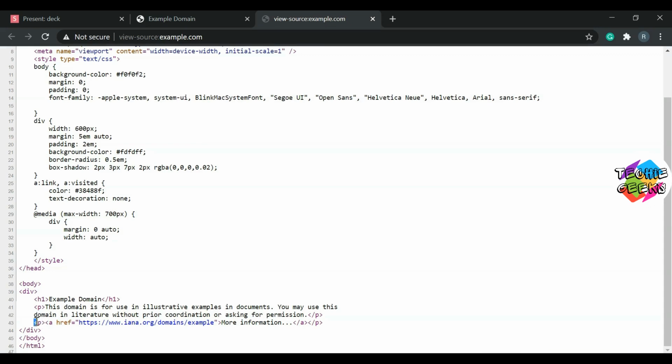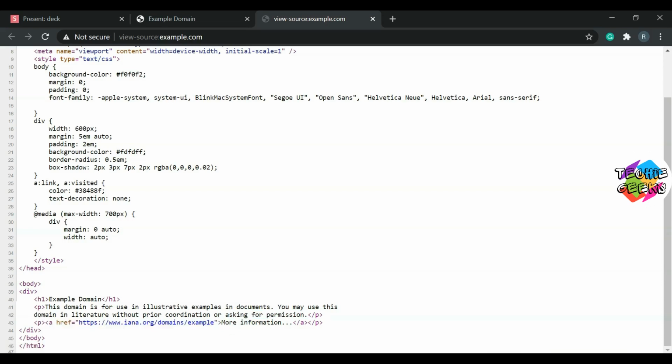The next tag is a paragraph tag again, but this time it contains another tag inside it. This a tag is called the anchor tag, and it is used to provide a link to some other website inside our web page. We are going to discuss links, URLs and all in the upcoming lessons. But just to make it clear, if we click on this link, my browser will take me to this particular URL. So if we want to insert some links, we have to provide them inside the a tag or the anchor tag.